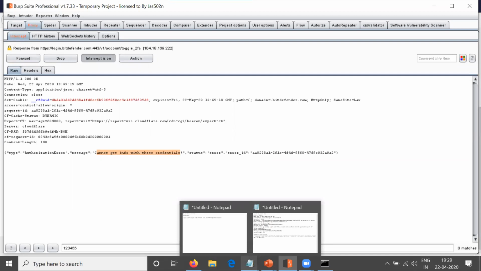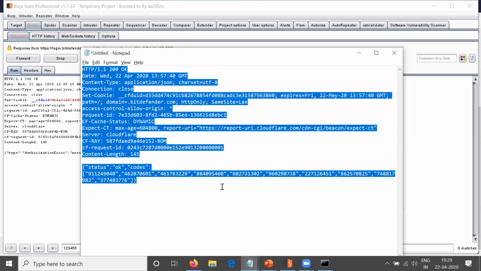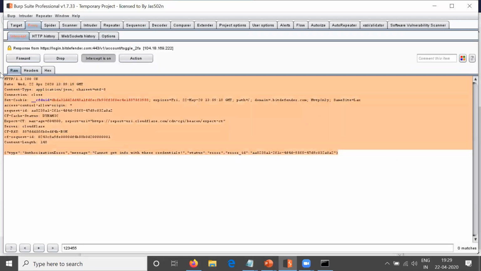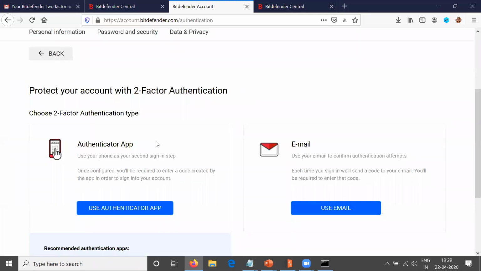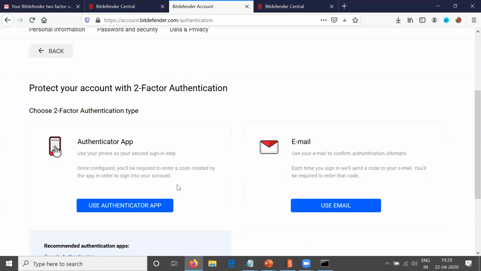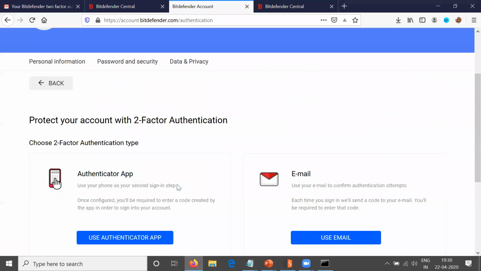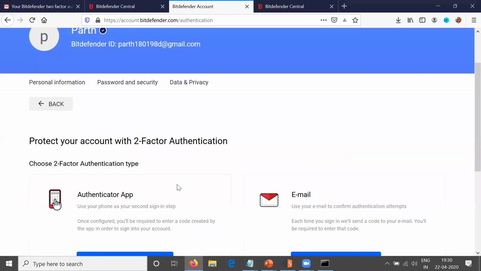So what I'll do is I'll just replace with the code I have. And if it is disabled, then the vulnerability is there. Okay, so you can see this one is disabled. So there is a 2FA bypass vulnerability here.